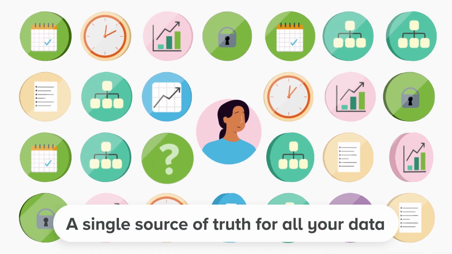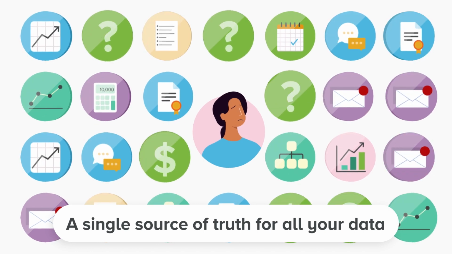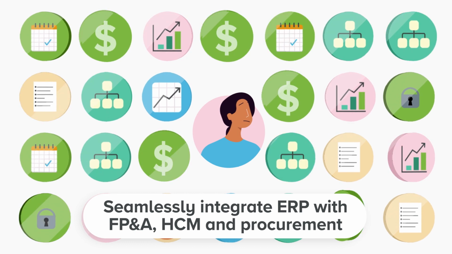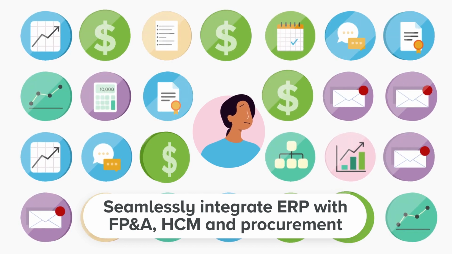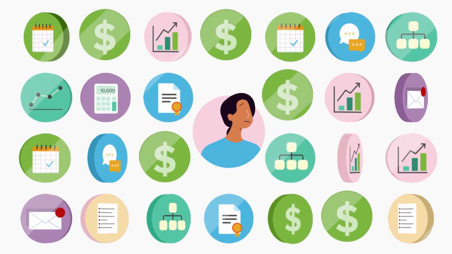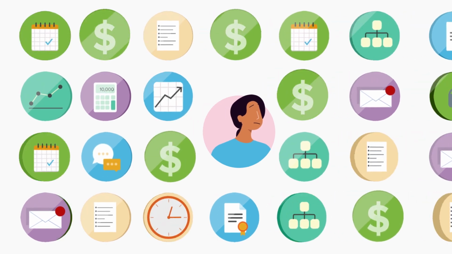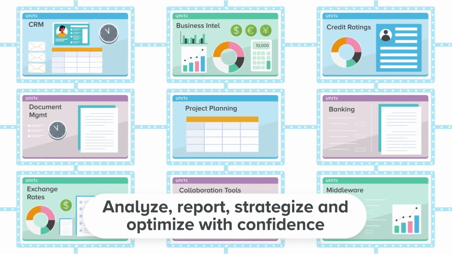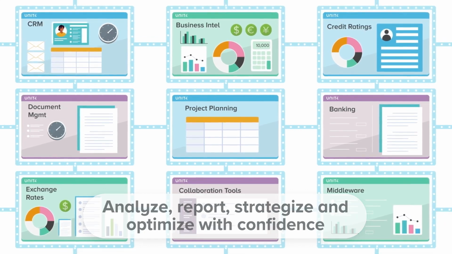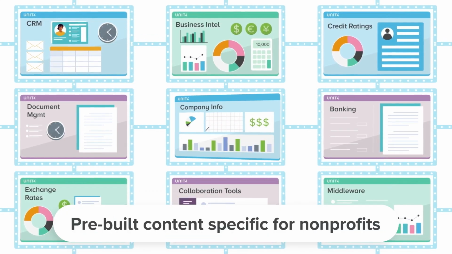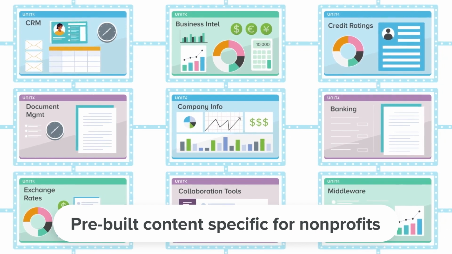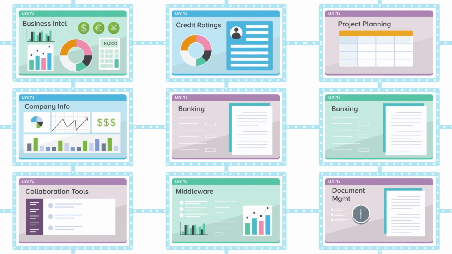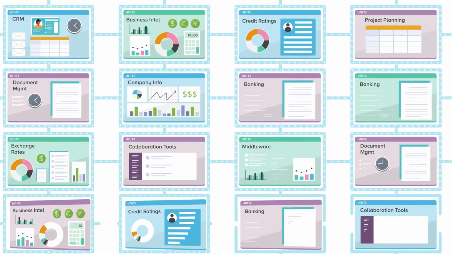Imagine having a single source of truth for all your data, a centralized ERP that seamlessly integrates with financial planning and analysis, human capital management, and source-to-contract procurement software. Analyze, report, strategize, and optimize with confidence with pre-built apps and refined processes that are proven to work specifically for nonprofits. You'll quickly have a clearer view of your financials, operations, and resources, allowing you to build an agile strategy